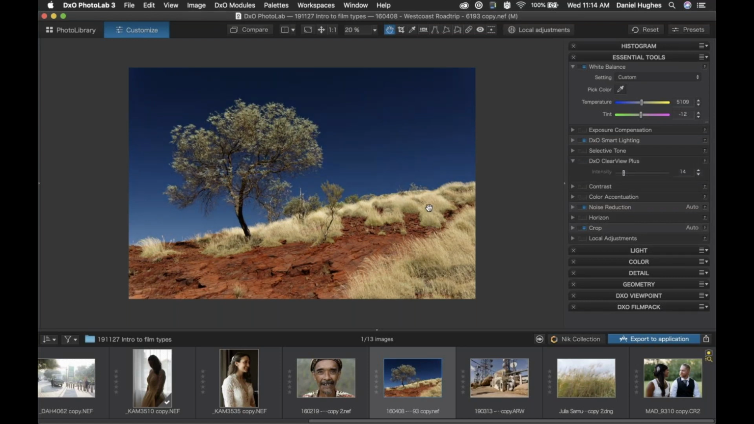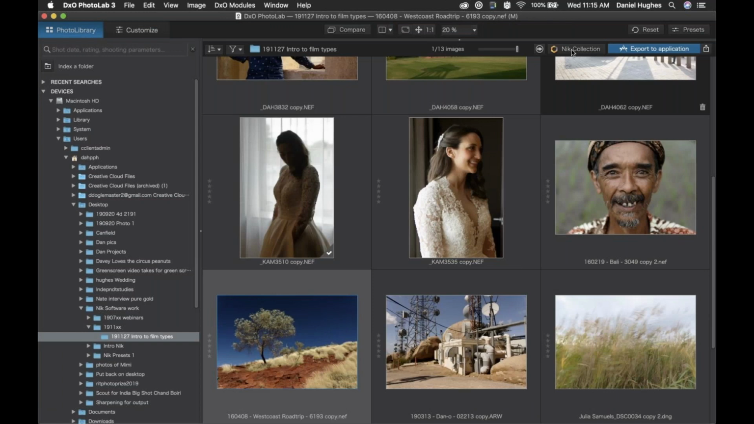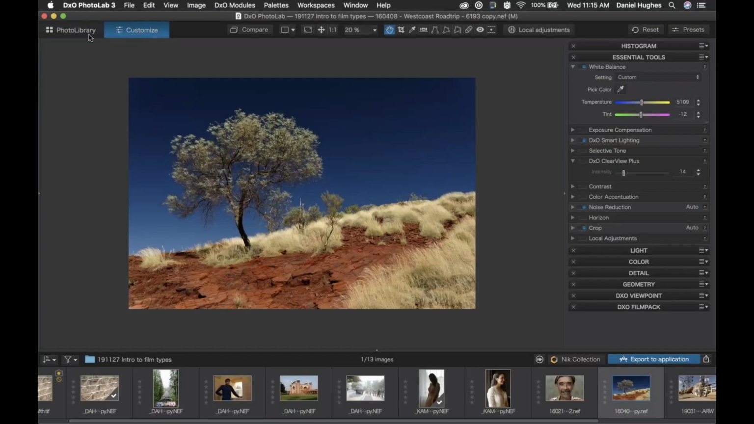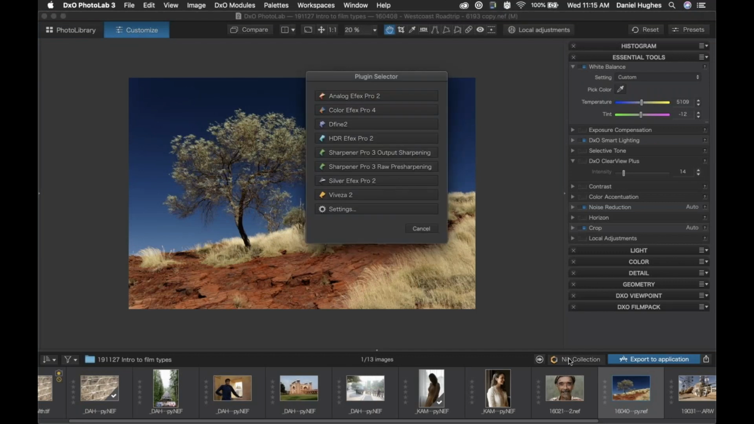And we're going to launch into the Silver Efex Pro software from PhotoLab 3. And to do that, you move into the lower right corner of the Customize interface. If you're in the Photo Library interface, if you follow me to the upper left corner, you'll actually find the NIK Collection in the upper right corner of the interface. So you can access this software, the NIK plugins, from either portion of the interface, the Photo Library or the Customize section. And for now, I'm going to click into the NIK Collection button in the lower right corner,